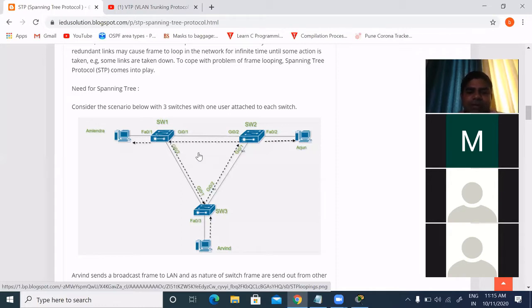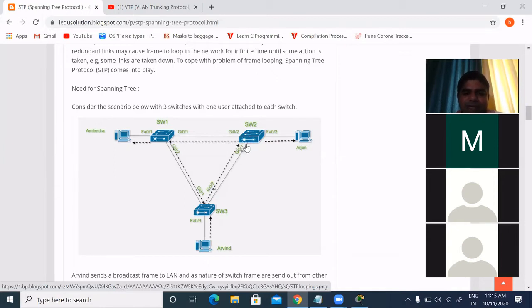So how does the loop get created? This broadcast message will be sent to switch 2. On switch 2, it has received this broadcast packet from GigabitEthernet 0/2, so it will again forward that packet to all its ports.